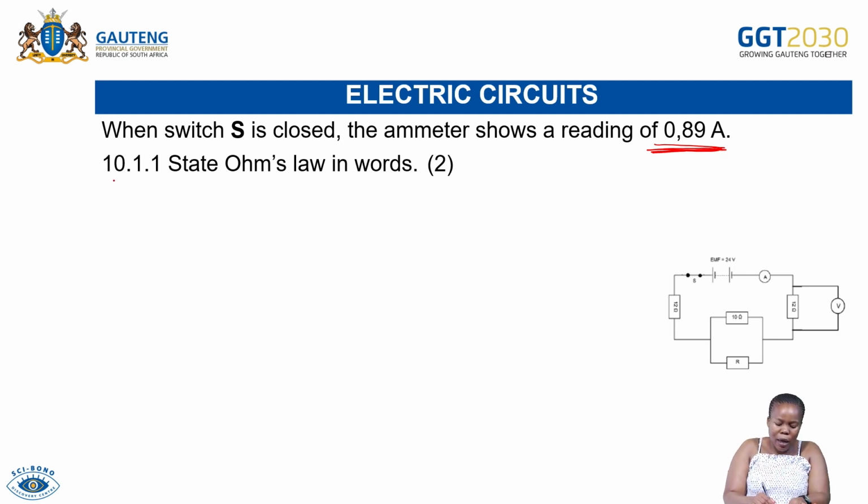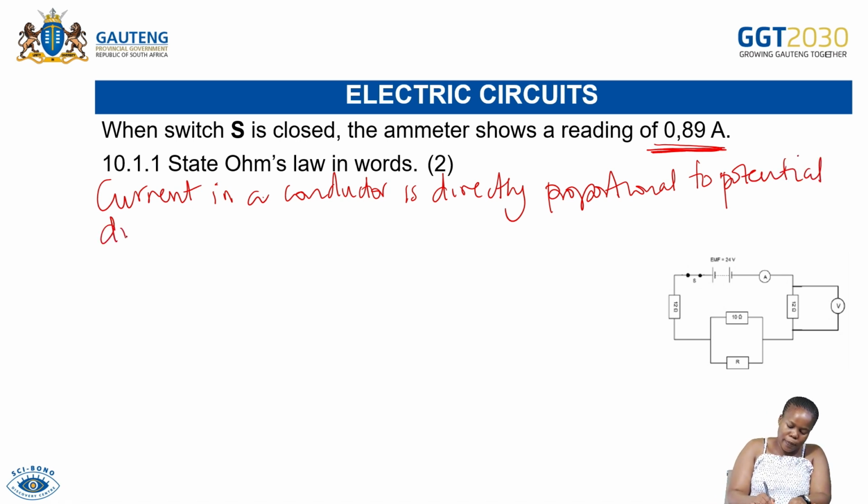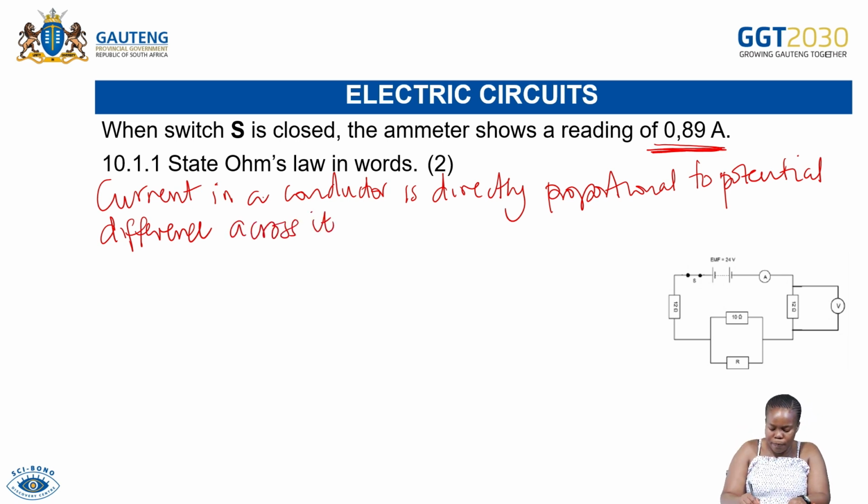So it says that the current in a conductor is directly proportional to the potential difference across it at constant